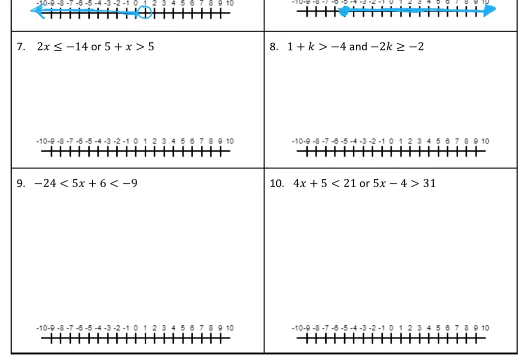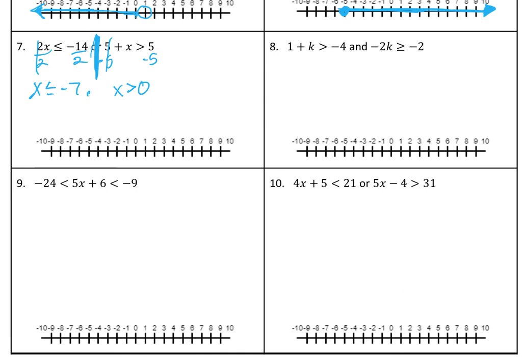All right. These are compound inequalities, though, so twice the fun. And we'll start with 7. Remember that if you need to, either rewrite these with more space in between so that you don't accidentally try to combine them, or if you want to build a wall in between to separate them, whichever one you want to do is fine with me. So on this first one, we need to divide by 2 and get x is less than or equal to negative 7. And on the second one, we're going to subtract the 5 over, oh, interesting, and get x is